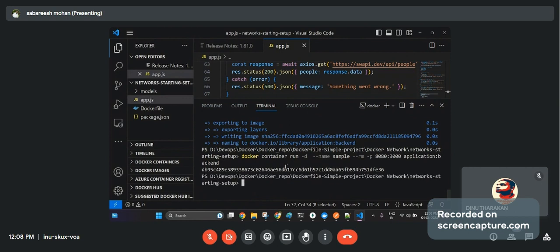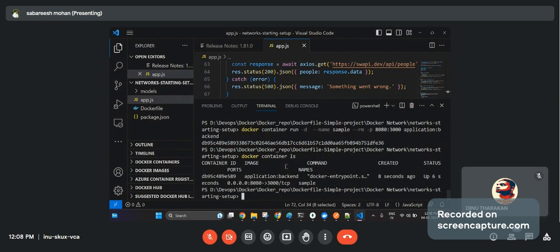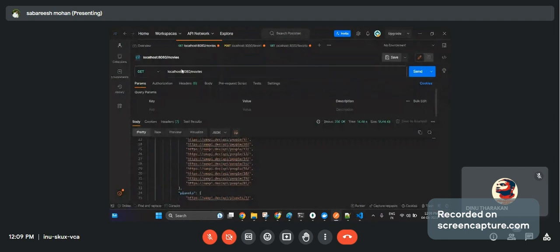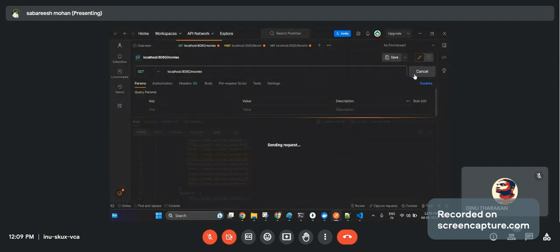The container is running now. Earlier we were getting an error, right? Now let's see whether the container is running or not. You can see, just 8 seconds back, the container started running. Now, if the container is running, I can put a GET request first. That means my front end part, my Node.js, is now trying to call that API.